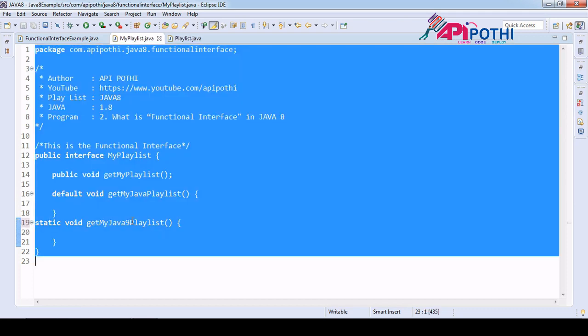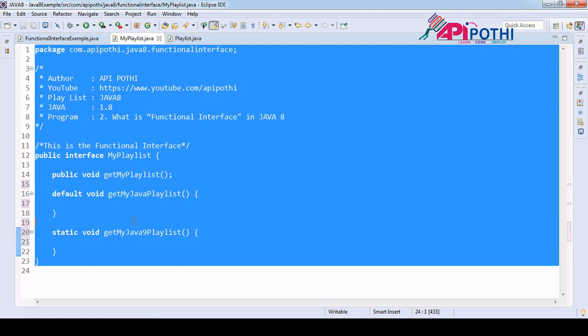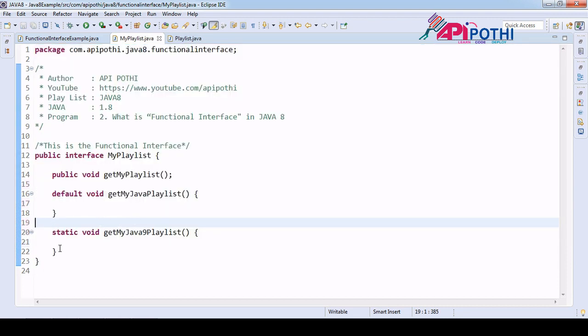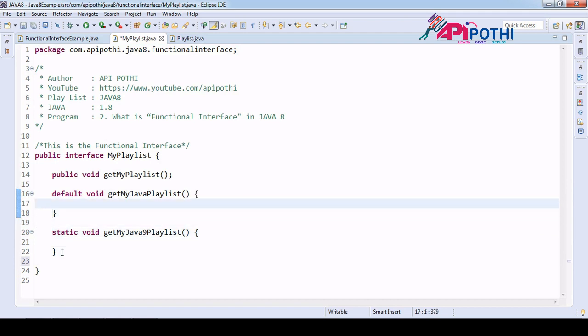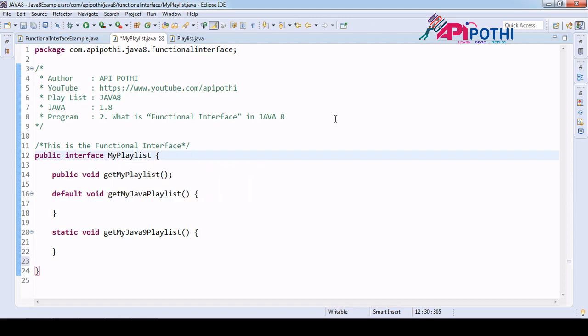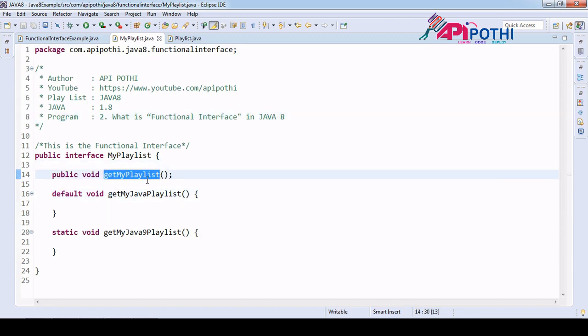9. Okay. So from Java 9 onwards we can have the private method also. For that you can watch our Java 9 playlist here. Okay. So this is part of Java 8. So this is the functional interface, no doubt about that. If you try to access this method using a lambda expression, obviously you will be able to access it. You won't get any compilation error.